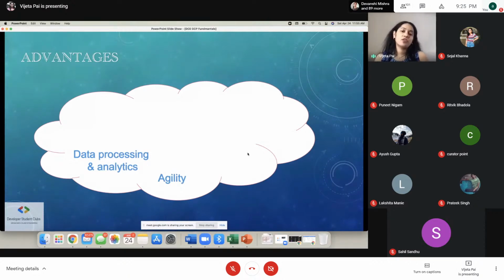Why? How does it actually ensure agility? I just talked about regions and zones a while ago, right? Because there are so many data centers around the world for Google Cloud, it's very easy to see who your target audience is and how Google Cloud can have a data center closer to them. That makes it extremely fast. So even if you're sitting in India, you can have a data center in the US and make sure that your US customers are getting an optimal experience. Agility is, like I said, a good feature provided by cloud providers, especially Google Cloud.